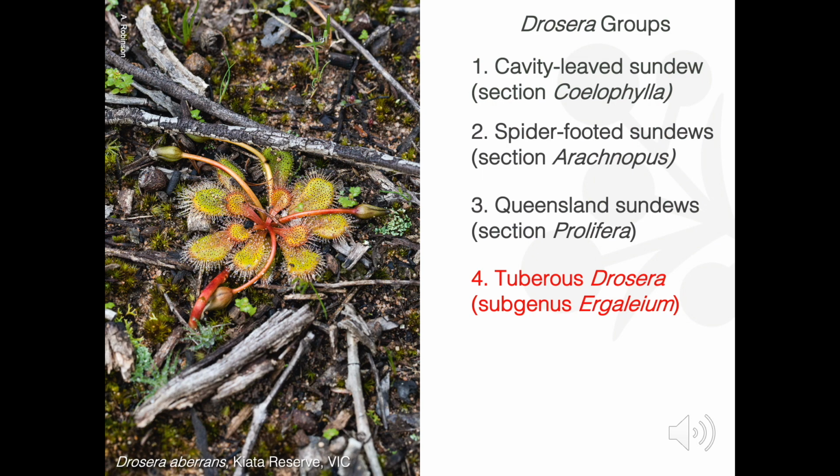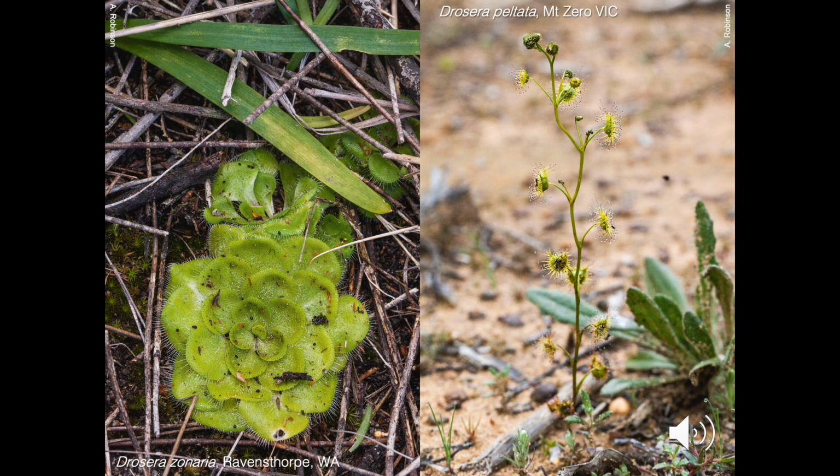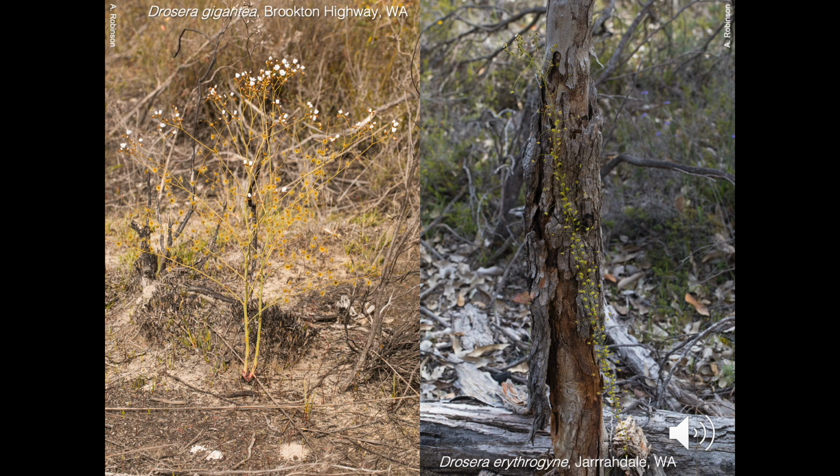This is the largest single group in the genus, with about 75 species, all but 2 of which are Australian. The tuberous Drosera group is further divided into 5 additional subsections based on general morphology, including densely rosetted species to slender upright ones. The group also includes the largest of all Drosera, Drosera gigantea, which emerges in spring looking like an asparagus shoot, only to develop into a heavily branched subshrub up to a metre tall. Also pictured here is a climbing sundew, which uses specialized leaves to climb 2 or 3 meters up trunks or through melaleuca scrub, allowing for plenty of prey capture and maximum seed dispersal.